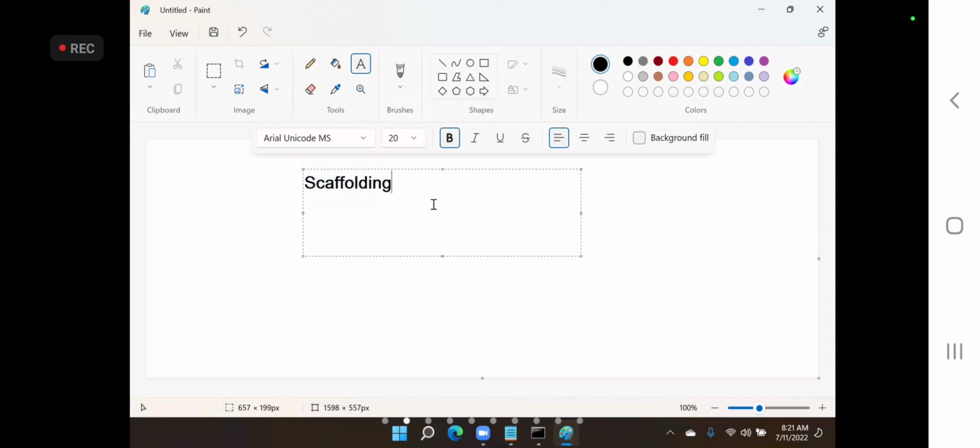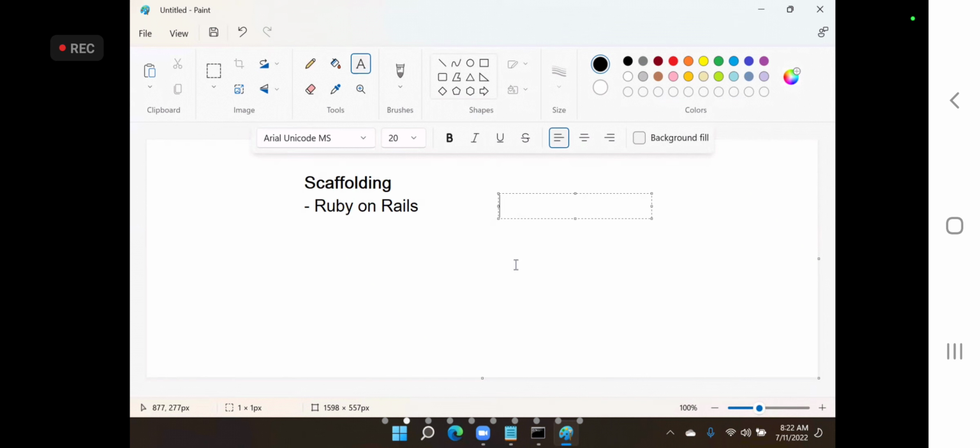Scaffolding is a concept actually introduced by a technology called Ruby on Rails, and it is now used in almost all technologies. Scaffolding is nothing but a developer can ask what he wants and the software will generate everything for him. That means you say, I want a class.